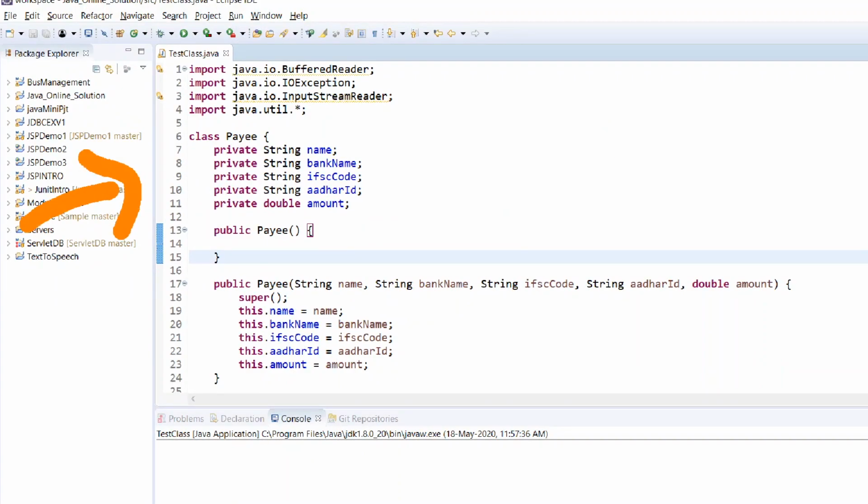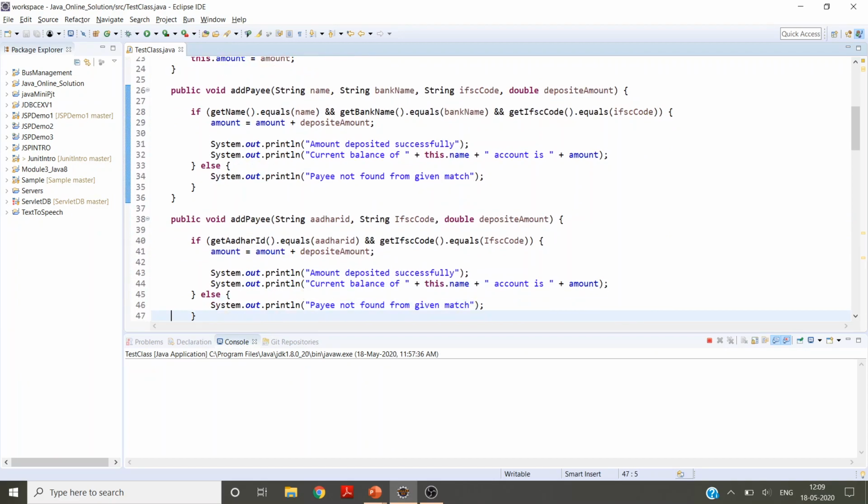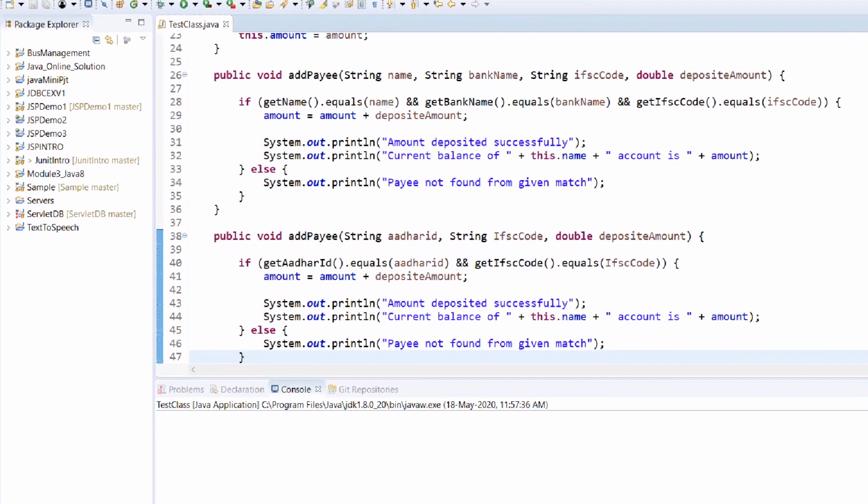Consider I have created a class called payee with the 5 private attributes along with parameterized constructors. In the addPayee method, I have represented the conditions. getName is a getter method which is available in the payee class.